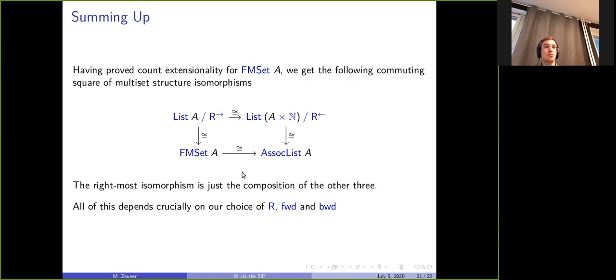What we really get is a commuting square of isomorphic multiset implementations, and we get representation independence for all of those four implementations. Note that this, of course, depends on us being able to choose R, forward and backward in the nice way we did.